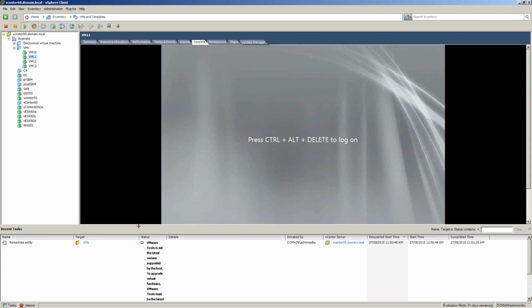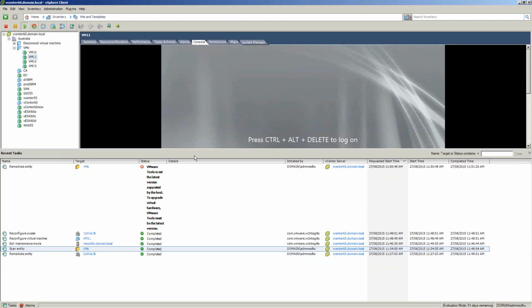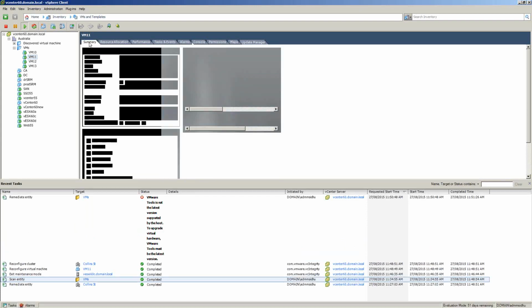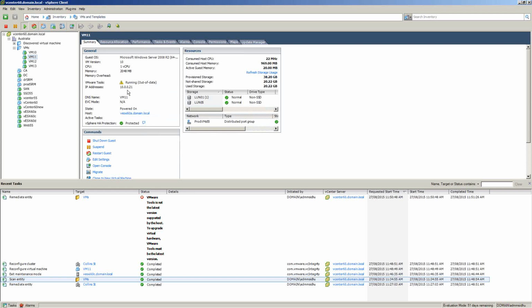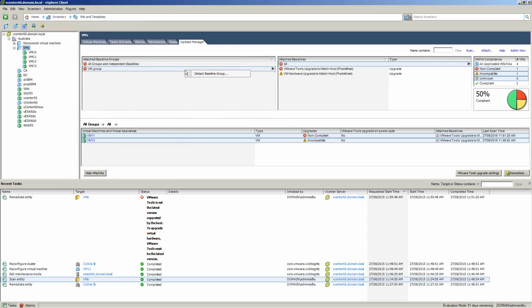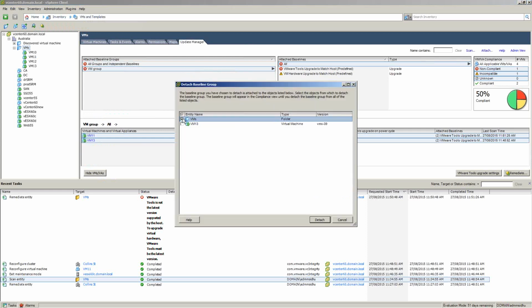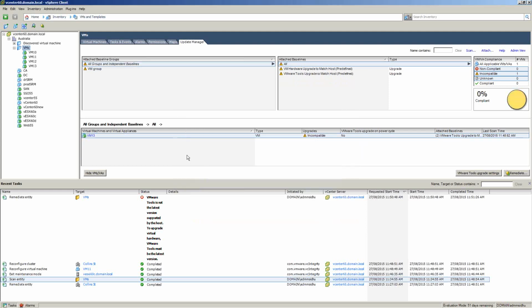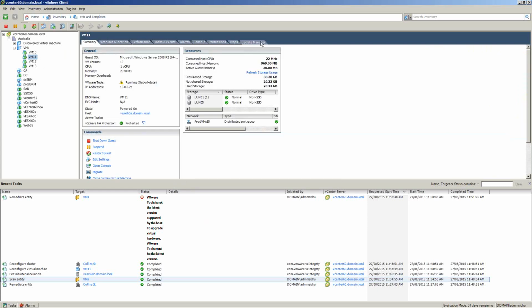All right, it's not the latest version supported. I don't know what's been the latest version. Okay. All right. Just detach it, and VMware tools must be the latest version. Okay.